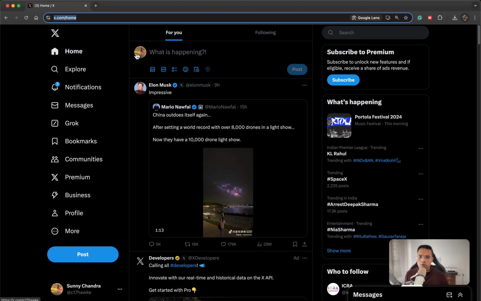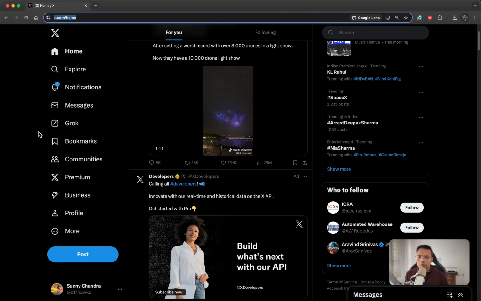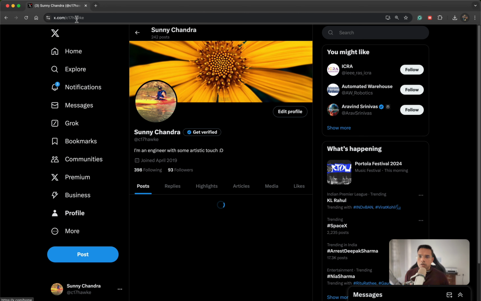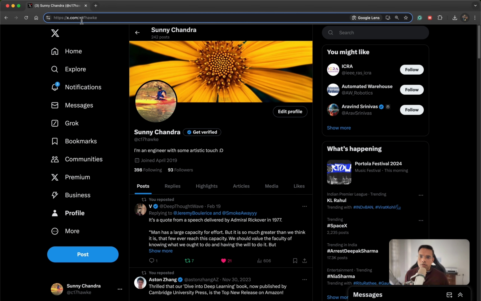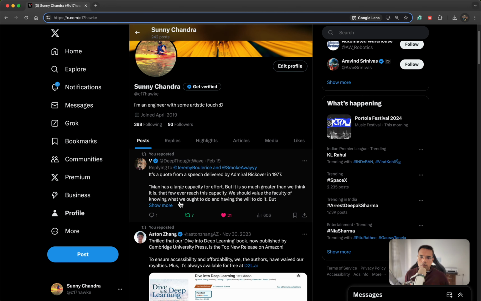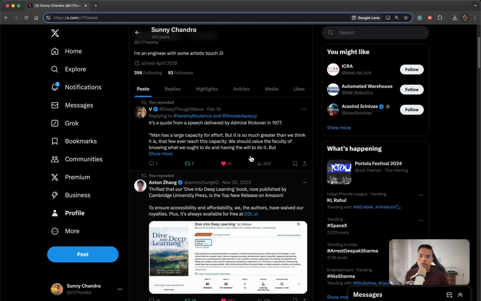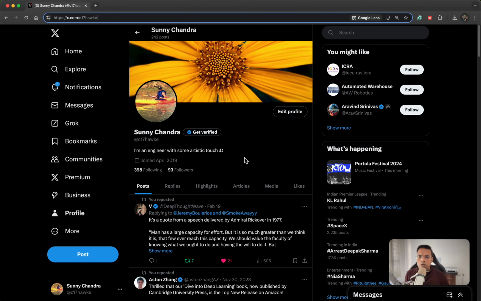And let's say I go to my profile section. If I click on my profile, it changes to my user ID, x.com and then my user ID, right? And this is how you can see my timeline, all the tweets that I have done or retweeted, everything. It also shows you some sort of a timestamp, right? And when we edit that, it will change to some other timestamp, right? So these are the things that we try to capture in this tutorial,